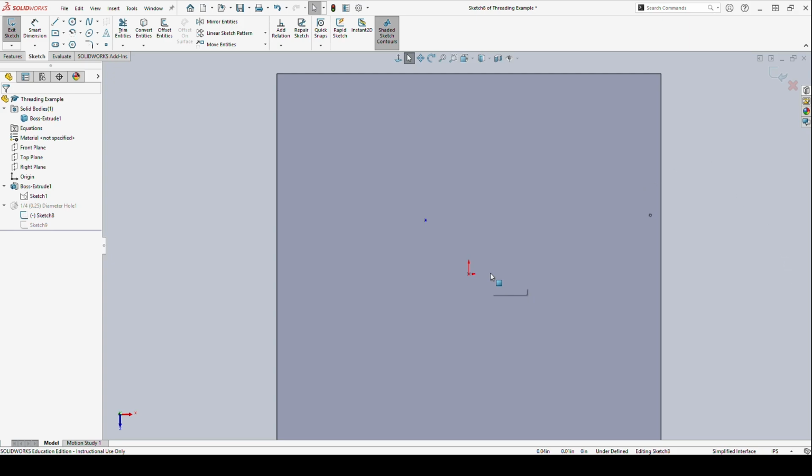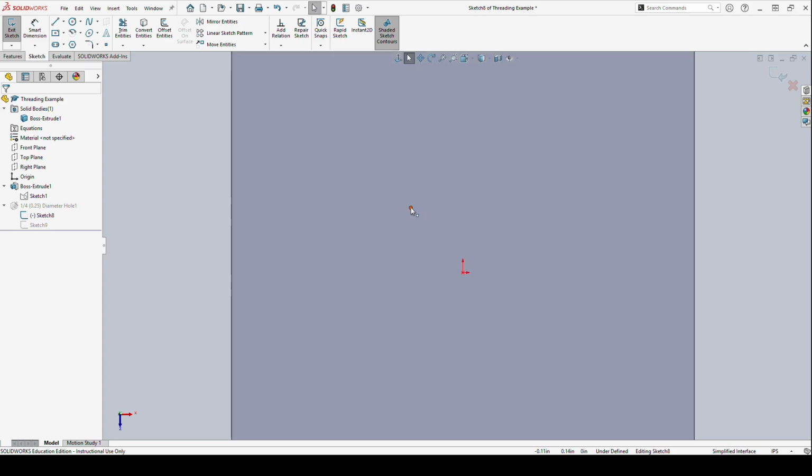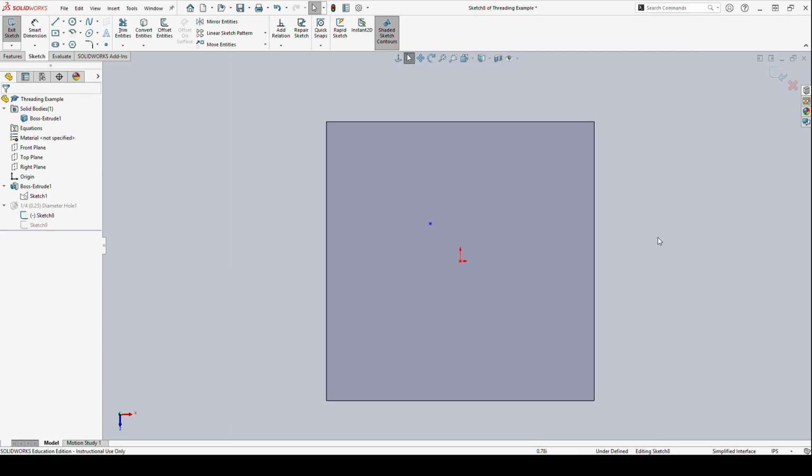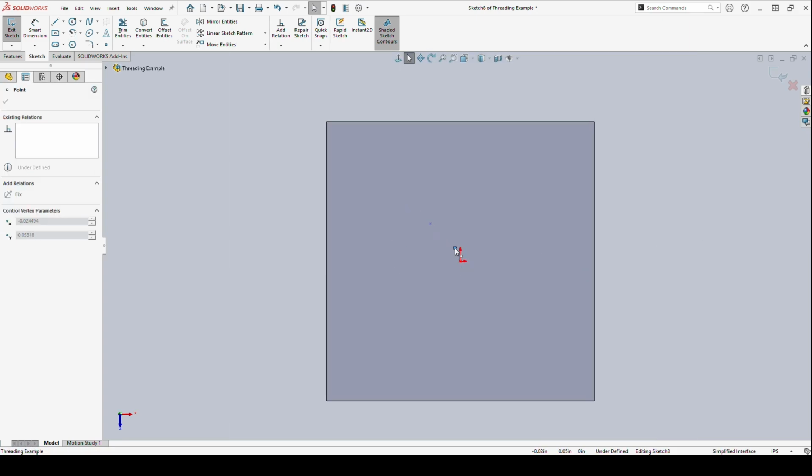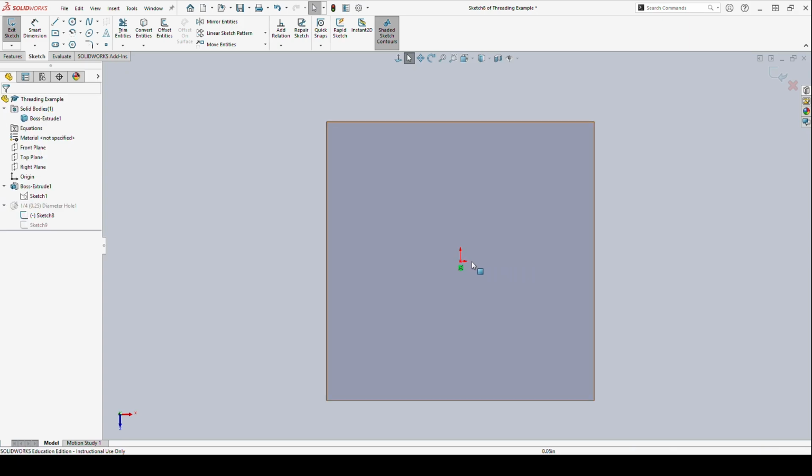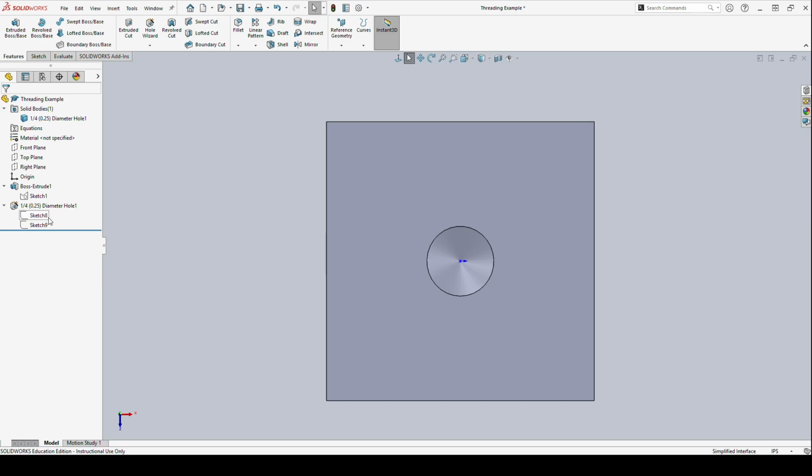In this case, I'm just going to lock it to the origin so that it has a fixed location. We know where it is, so I'm just going to click on it and drag it over to the origin. And when I exit out of my sketch here, I'm going to refresh SolidWorks, and you see instantly here, this sketch is no longer underdefined, so we have fixed that problem within SolidWorks. Okay,